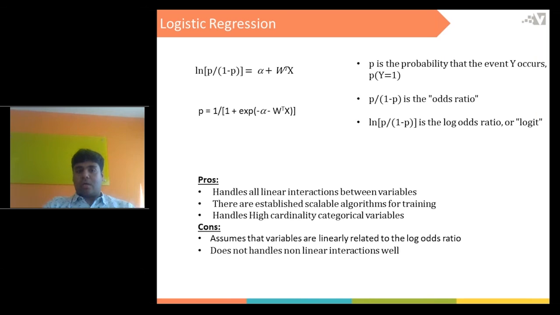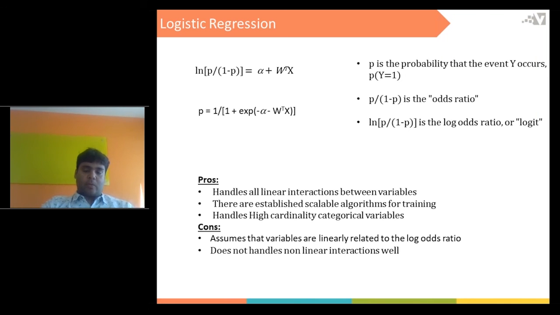Second, it does not handle nonlinear interactions, say where two variables x1 and x2 are non-linearly related to your output variable y. Some 2-degree equation, or it can be anything, will not be properly captured by logistic regression.